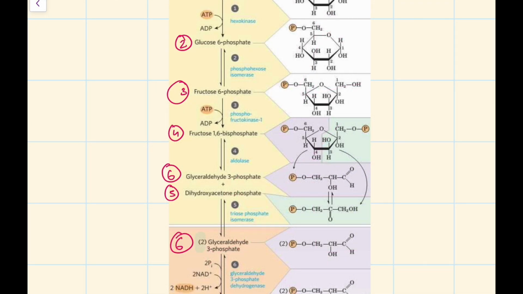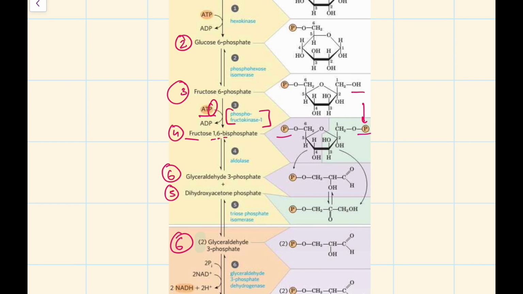So our next molecule will be fructose 1,6-bisphosphate, and this molecule is kinda unstable because we now have another phosphate group added onto fructose 6-phosphate. And that phosphate group comes from ATP, and it's added by the enzyme